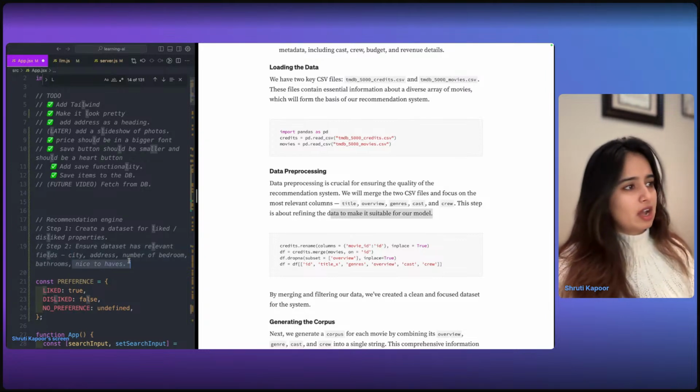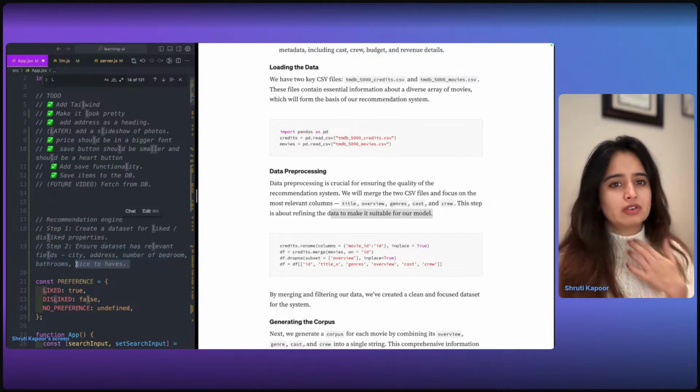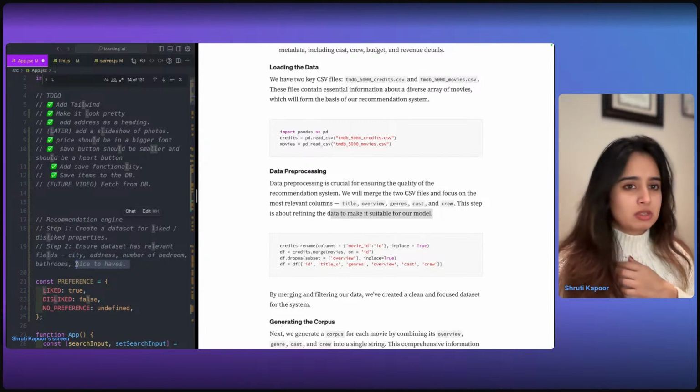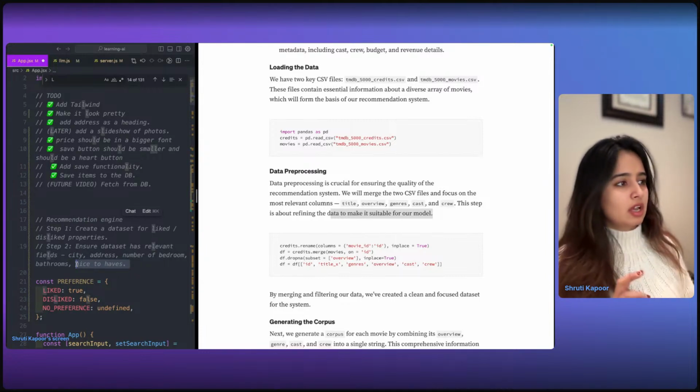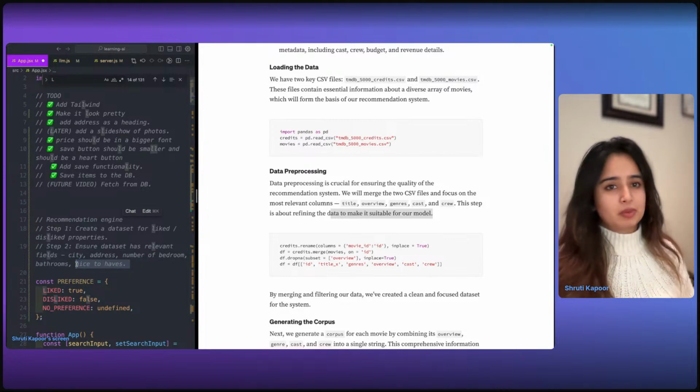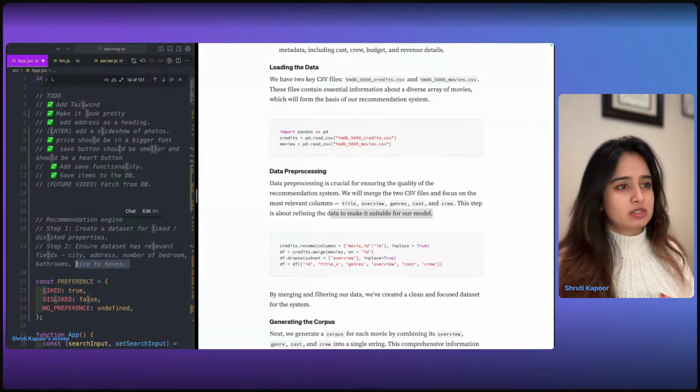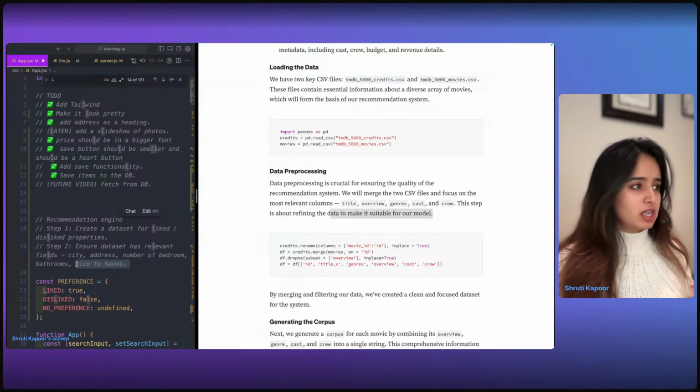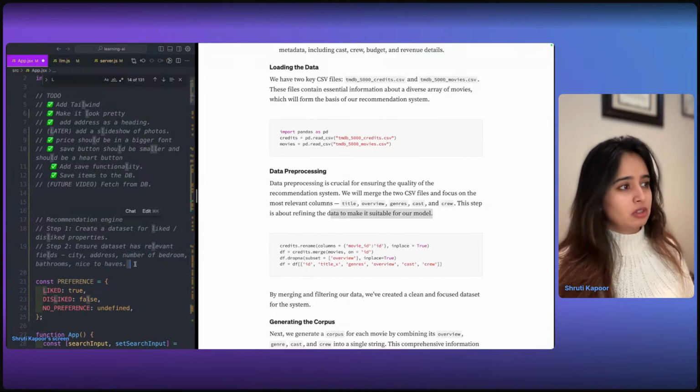Because I think for us, we have to think about what the nice to haves are, because when you're looking for a house, it's more than just the number of bedrooms and bathrooms in the house. It's what else the property offers. Like, does it have any views? Does it have any backyard? Does it have a good school district? What is the walkability score? What does the neighborhood look like? So I think the nice to haves are kind of important.